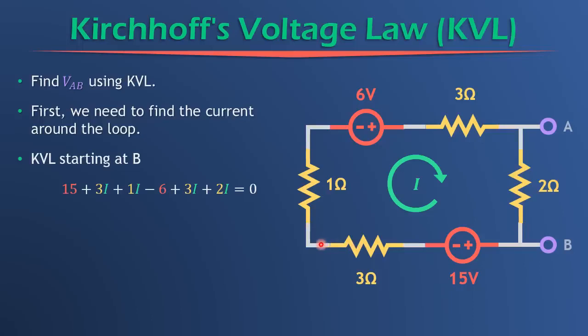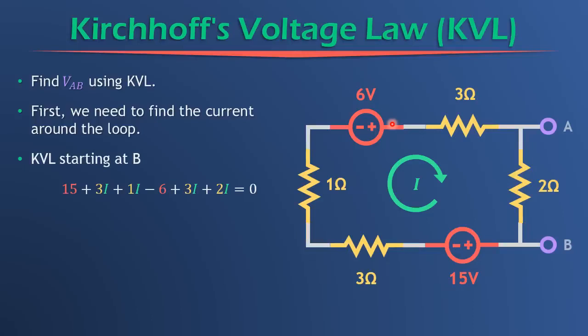And then you go through that, and then you come to this 1 ohm resistor, and it's also going to be a voltage drop because it's a resistor, and it's 1 ohm times the current I, so 1I. And then you get up to this 6 volt source, and you're going to go from negative to positive on your 6 volt source, so that's in fact a voltage rise. So you write a negative 6